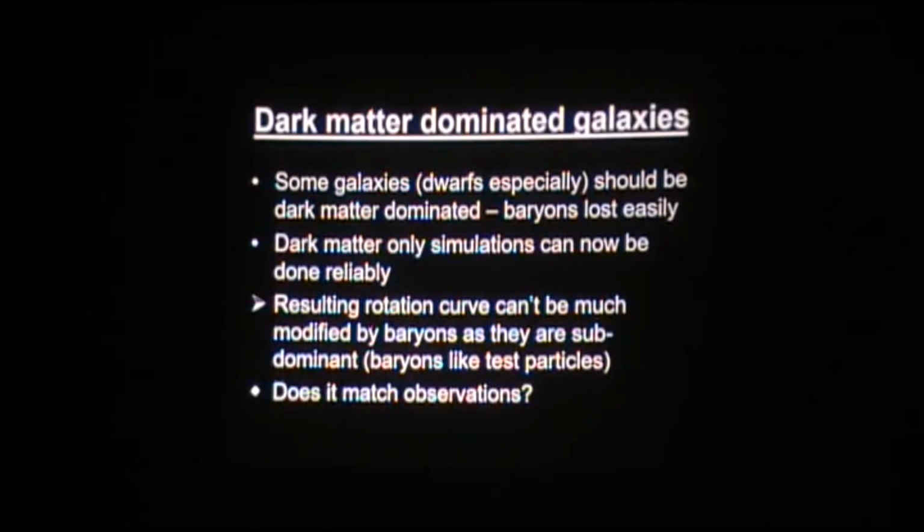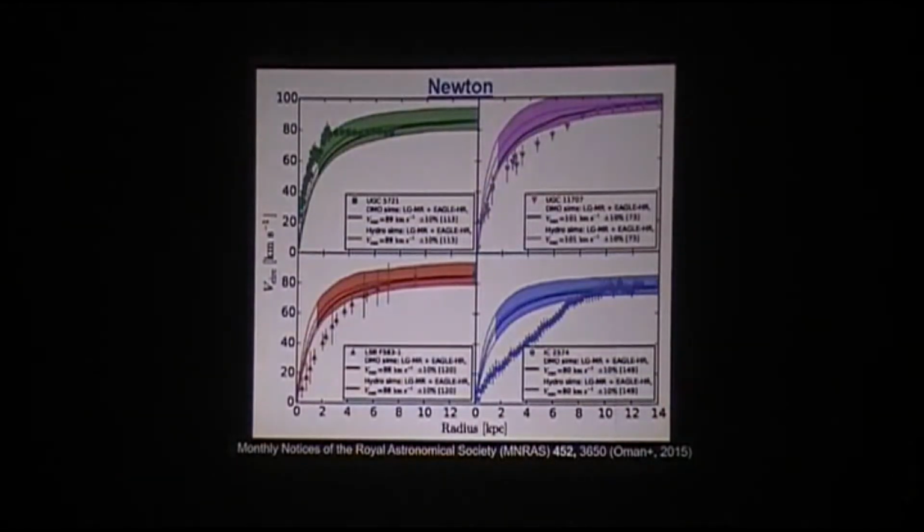We'll just show you what actually happens with this. So this publication looked at kind of four typical examples, and what it found, so the predictions are this green or colored band corresponding to some uncertainties of what the baryons exactly do. And you can see that in one case it worked well, but in a lot of these cases it hasn't worked very well. Which is quite weird, right?